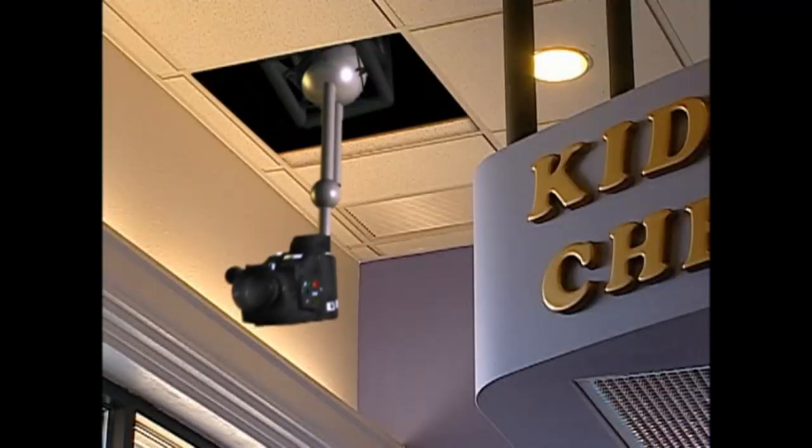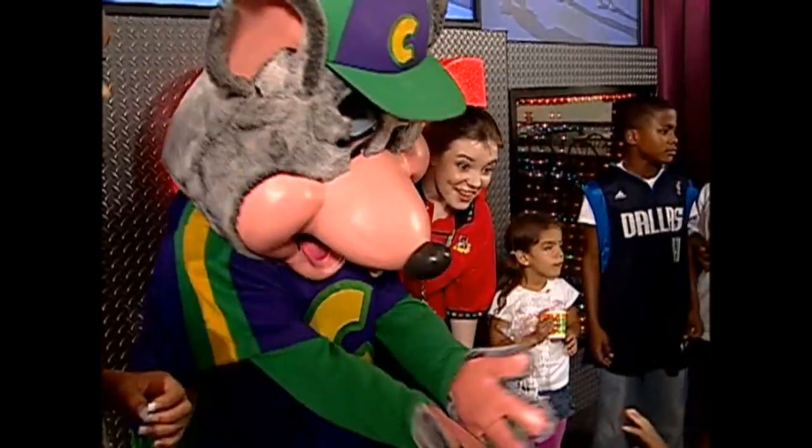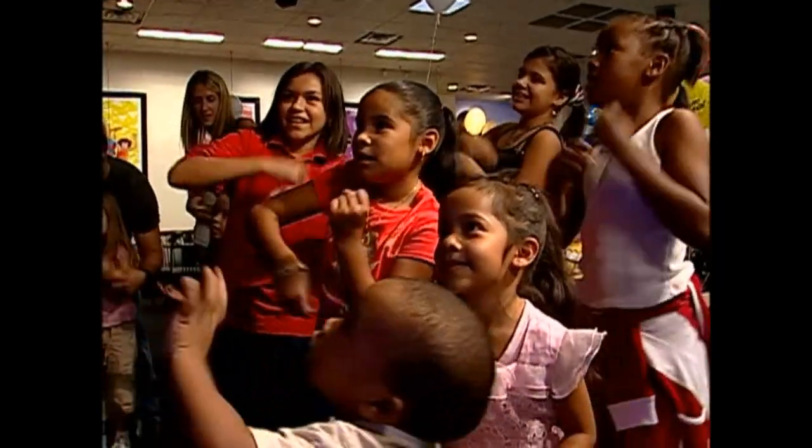But before we go, let's do one last thing. Today we've seen the restaurant from just about every viewpoint. From the front entrance to the game room, to the dining room, to the stage. But there's one viewpoint we haven't seen. The view from the eyes of the children who visit Chuck E. Cheese's. To them, this is a truly magical place where they can be themselves and have memorable experiences with their